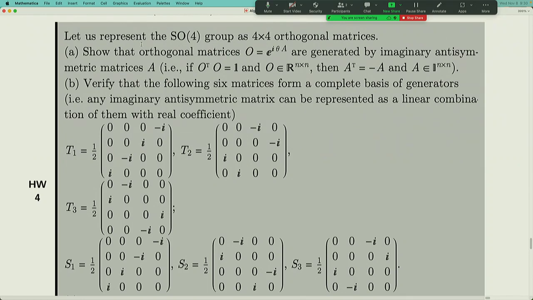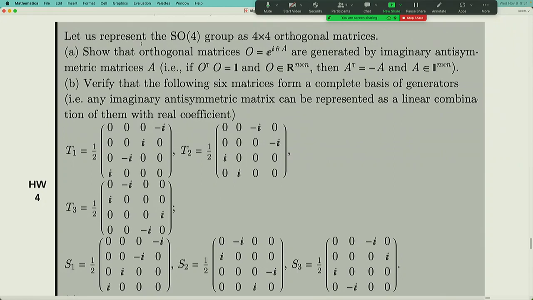The way to prove that is to first assume that this holds and check that by using matrix exponentiation, you can generate an orthogonal matrix. Or you can check the other way around: if this is orthogonal, then this holds, given this relation. The way to do that is to Taylor expand this expression, and maybe you can consider an infinitesimal rotation. That's sufficient to show. You can just prove it either way. I think it should be fine. Okay. So now we know that in order to generate the orthogonal transformation, we basically need anti-symmetric, purely imaginary